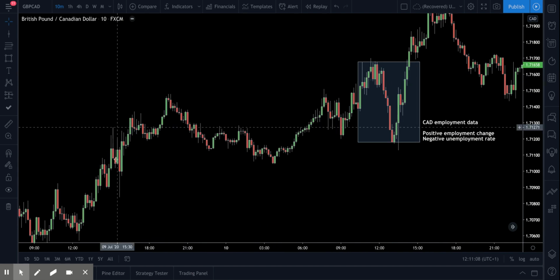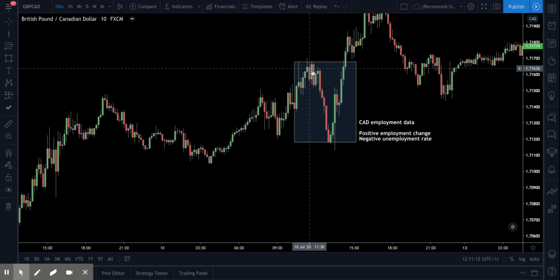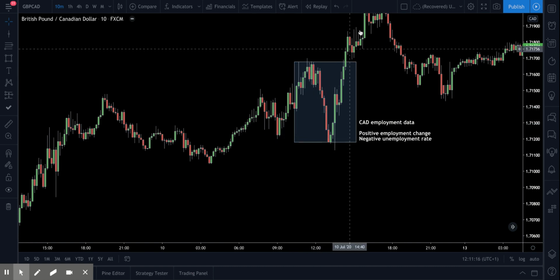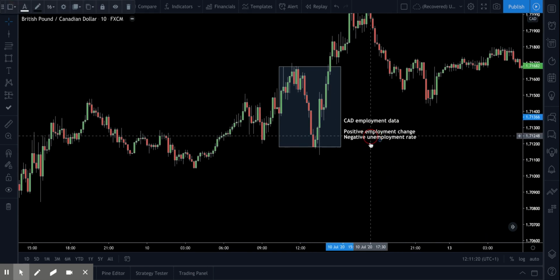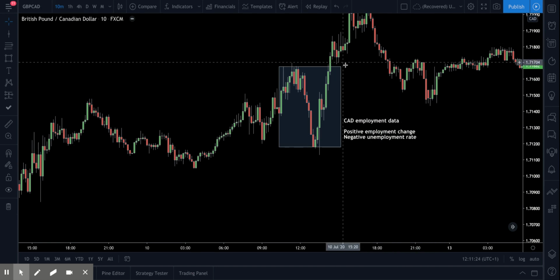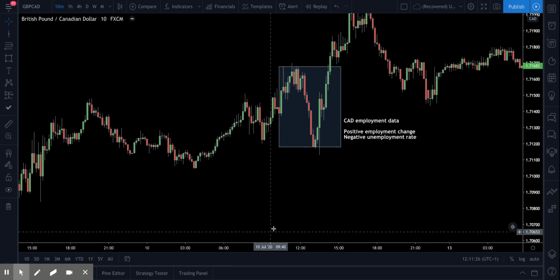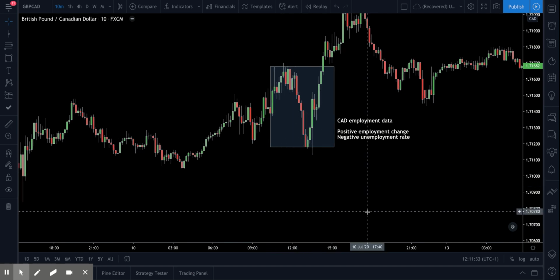Basically, we were in an overall uptrending market as it was, and it looked like the market was making clear headway. But what we actually got was a run of this recent low before a big, fast rebound and upside continuation, and this was caused by that Canadian unemployment rate and employment change data. So that is a classic example of how fundamentals, individual pieces of economic data, are going to affect forex markets.